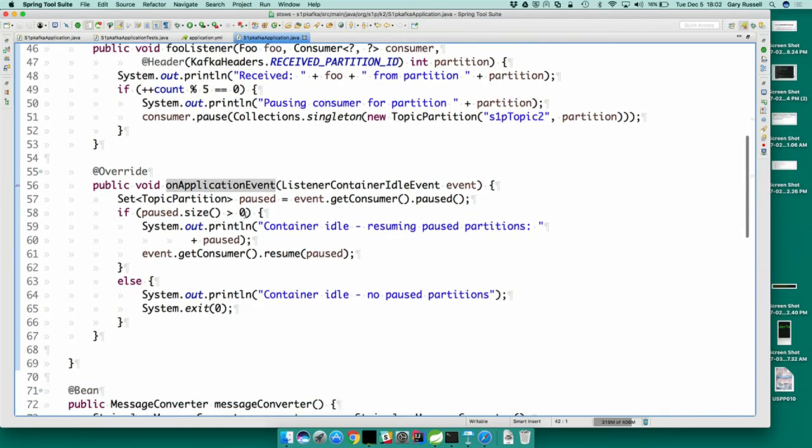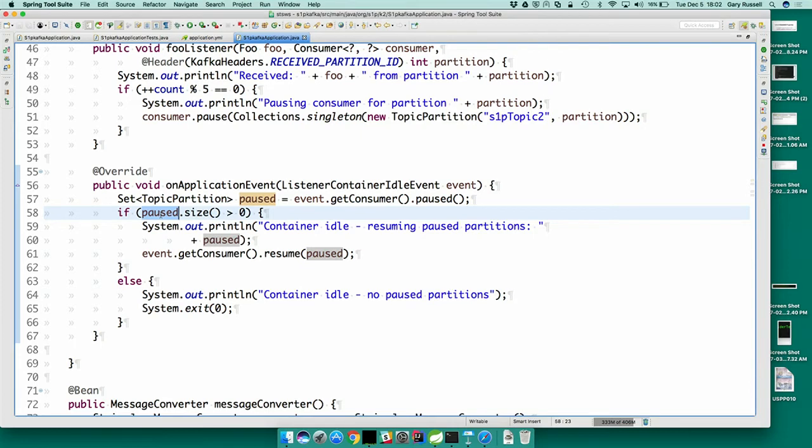So in our OnApplication event, we can actually go query the consumer, because the event contains the consumer object. All of this is running on the same consumer thread. So we can query the consumer